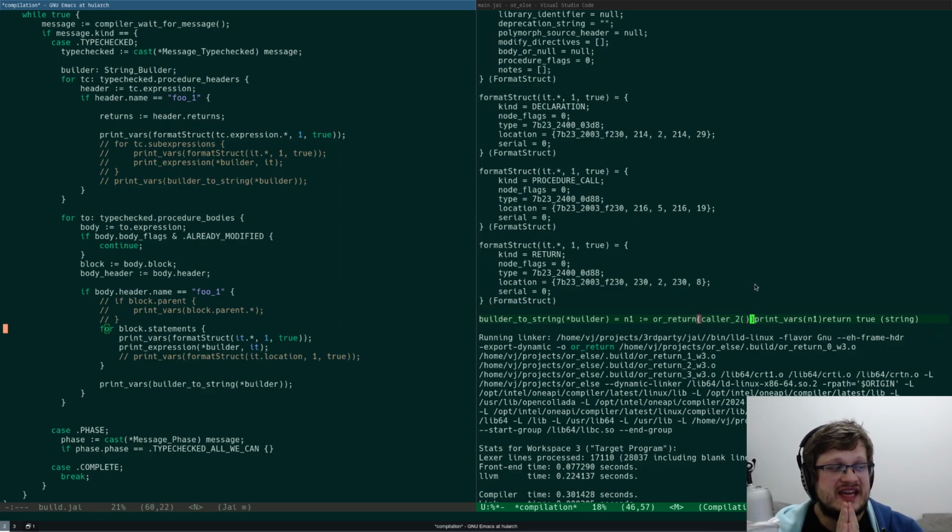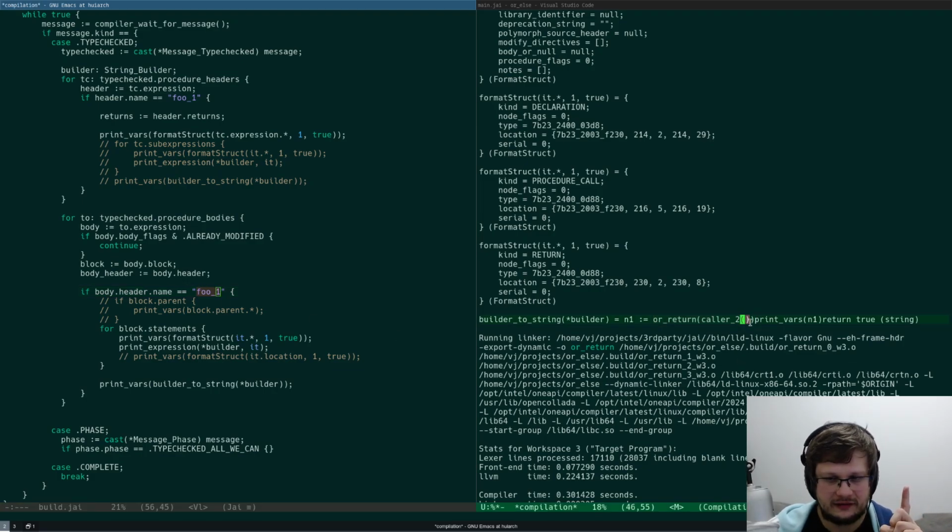This actually makes me think. But okay, I caught a top level procedure call, right? Or return. And I can properly match it to the procedure header.